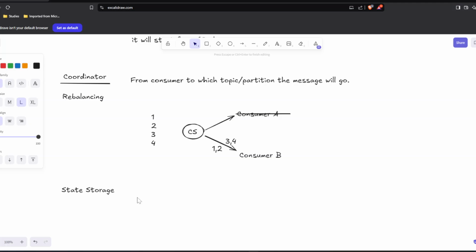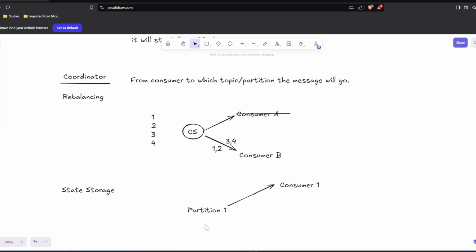There are partitions, and how many consumers are associated with these partitions. Suppose consumer 1 is subscribing to partition 1, partition 2, etc. So who will keep track of this? The state storage system that we are talking about here keeps track of this producer consumer mapping, and not only that, till what offset